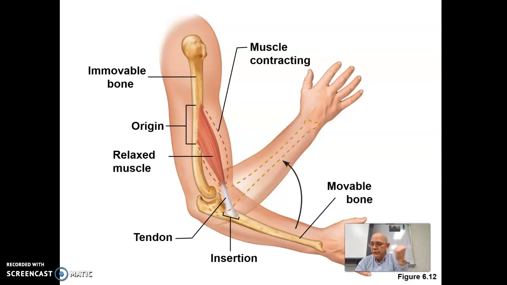Synergists either help the same movement or they just keep other movements, like your hand twisting side to side or something like that, that's going to interfere with it. Okay, a fixator actually holds a bone still, okay, or stabilizes the origin. In other words, while you're bringing this hand up, you also need something to hold your humerus in place so it doesn't go flopping around. Okay, so it holds it still or stabilizes it so that the biceps can do its work that we want it to do. Okay, so that is a fixator. They actually keep the origin still.